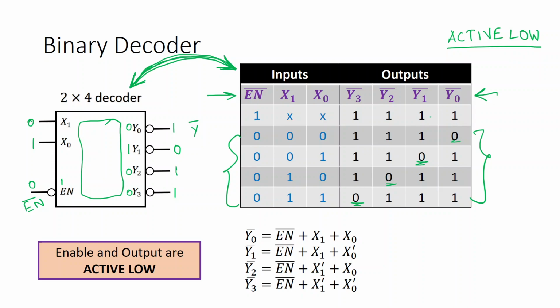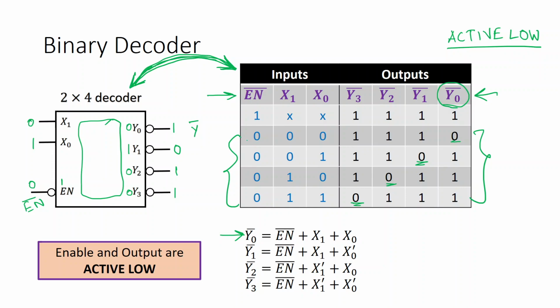Now you can write down the POS form. So you can write down the max term, basically this y0 etc., in the form of the max term, because the output is 0. You can write it in the form of the max term. So what would be the max term of y0 bar? Please remember we are writing for y0 bar.